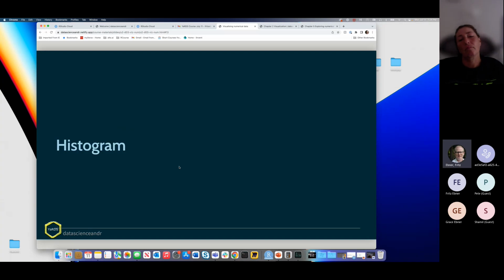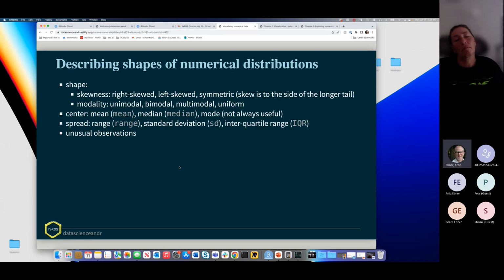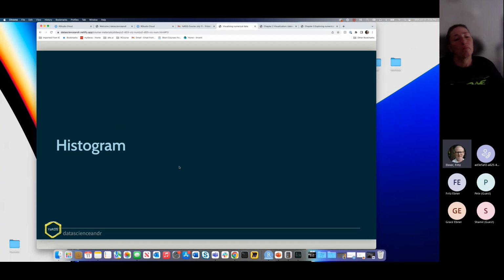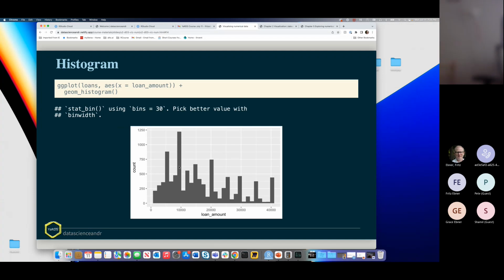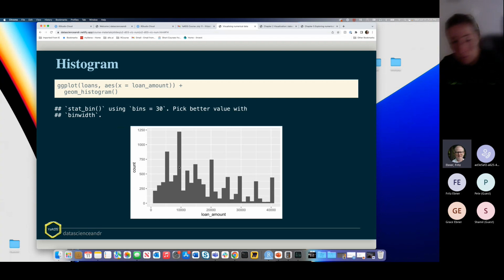Sorry. All right. So we just talked about the shapes of numerical distributions, and a very popular way to visualize them is by using a histogram. So we're going to go into how you make histograms in ggplot. Here's a very simple way to show. We have the loans data set. We're going to make a histogram of the loan amount, which is the amount of the loan that was